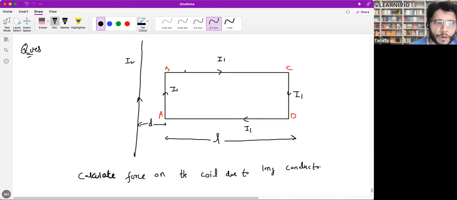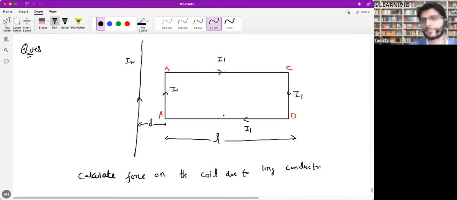For these type of problems, you can see BC is not parallel to the current carrying conductor. BC is perpendicular. Don't worry about BC because force of BC and force of AD will always cancel out each other. Although it's a derivation in itself, how to calculate force on a conductor placed perpendicular, but don't worry about BC